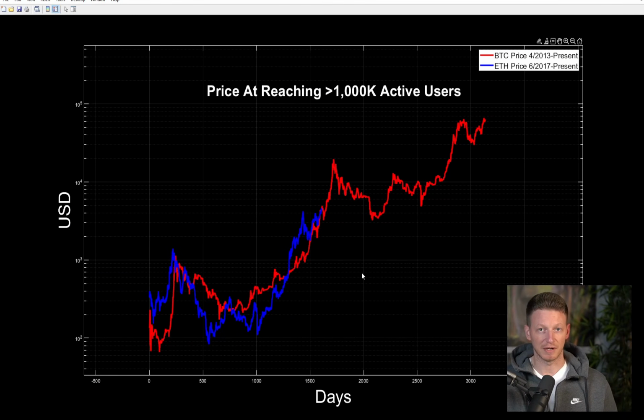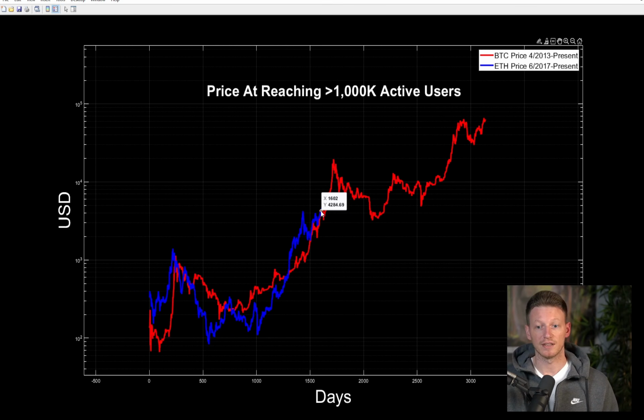So you might be shouting right now, well, what about the market cap? This doesn't take into account the market cap. And you're right. So just remember, there are many more Ethereum than there are Bitcoin. So what that indicates is when these are at the same levels, the market cap for Ethereum is much higher than the market cap would have been at the same time for Bitcoin.